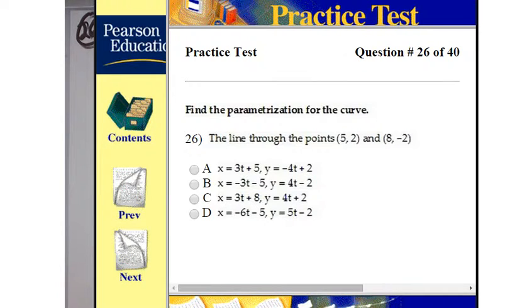We need to write the parametric curve for a line, and it says a line. So I want to remind you guys, when it says line, that means it's going to be a linear equation. Okay? So there are clues here that they give you to kind of let you know what you need to do. And so what we need,